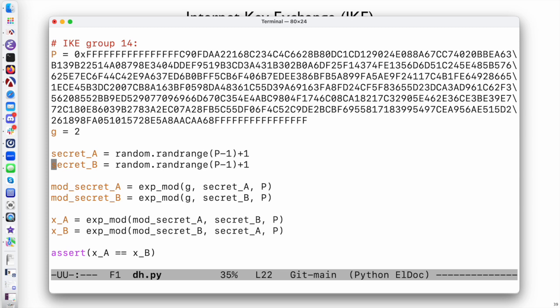And then I'm going to make Alice's secret by calling Python's randrange function to say give me a number up to P minus 1. I don't want to get 0, I need something bigger than 0. So that's why I go P minus 1 and then add 1 more to the end. So I get a number up to P minus 2, and so adding 1 gets me a positive number up to P minus 1. The same for secret B, and then I'm going to take G to the secret A